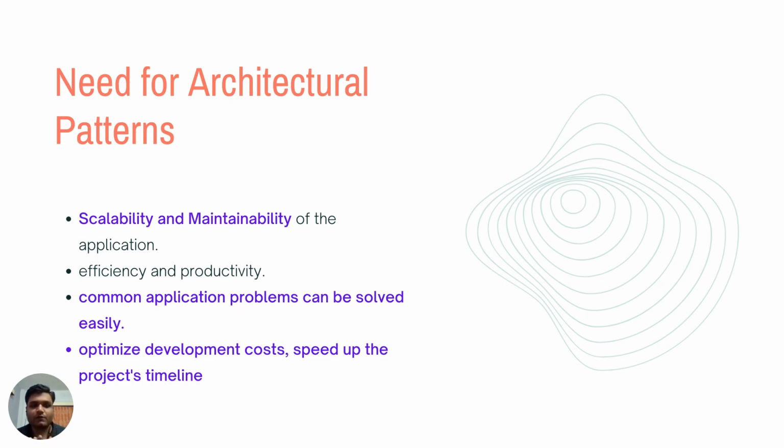What separation of concerns is, and how an application is divided into layers, I will cover later in this presentation. But for now, understand that one advantage of using an architectural pattern is that the layers don't get affected, and the components of our software can work independently. With the use of architectural patterns, we can also easily onboard developers, so they can join an existing project without much training because we are using standard architectural patterns. Also, architectural patterns increase the efficiency and productivity of software development.